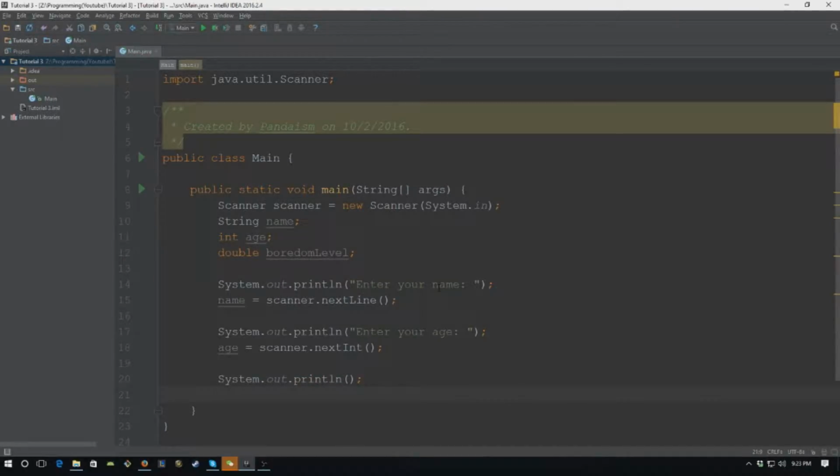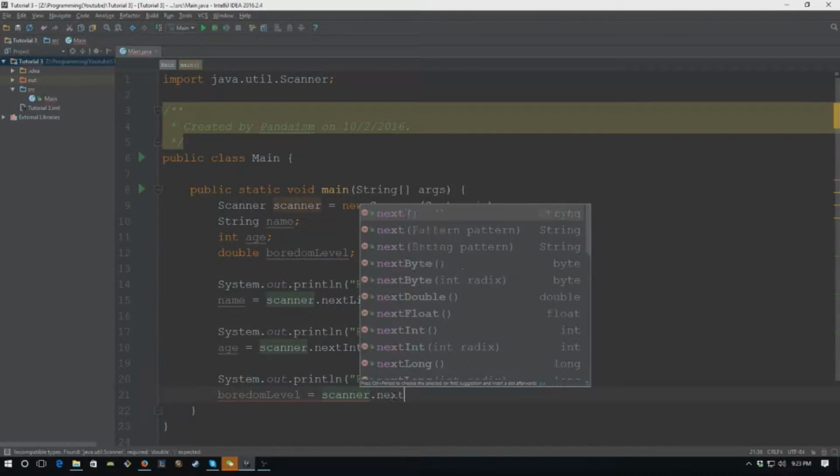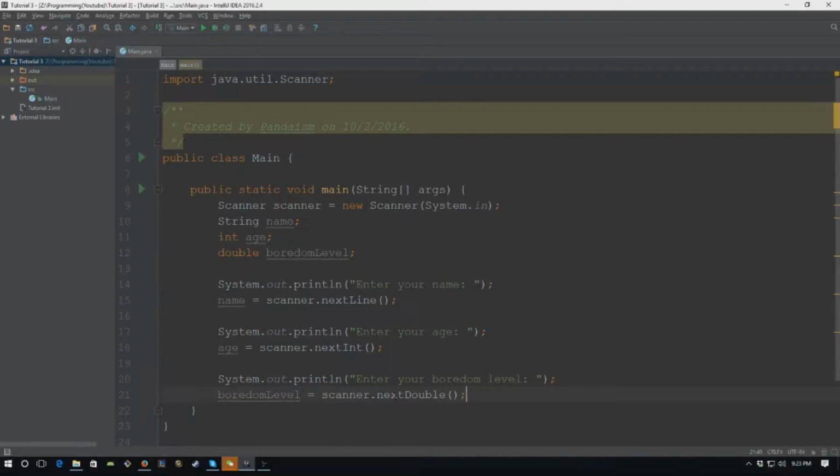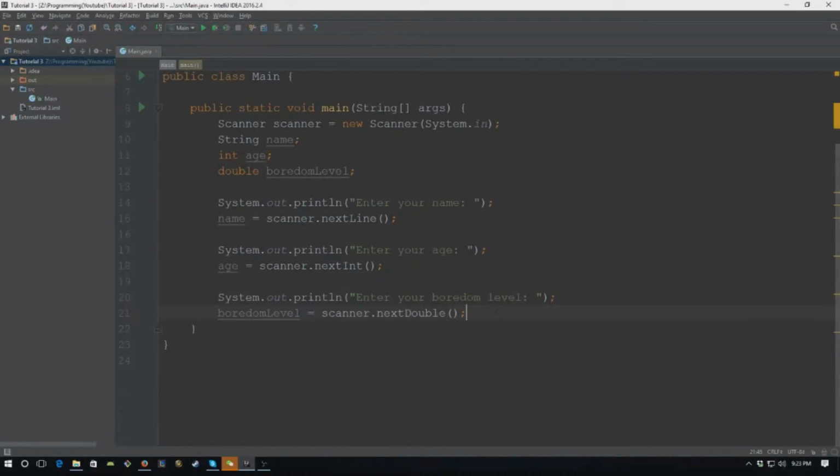and then enter your boredom level, and then boredom level. You can guess what will go here. It will be nextDouble, since we're looking for a double. Okay, so now that we have assigned these variables a value,